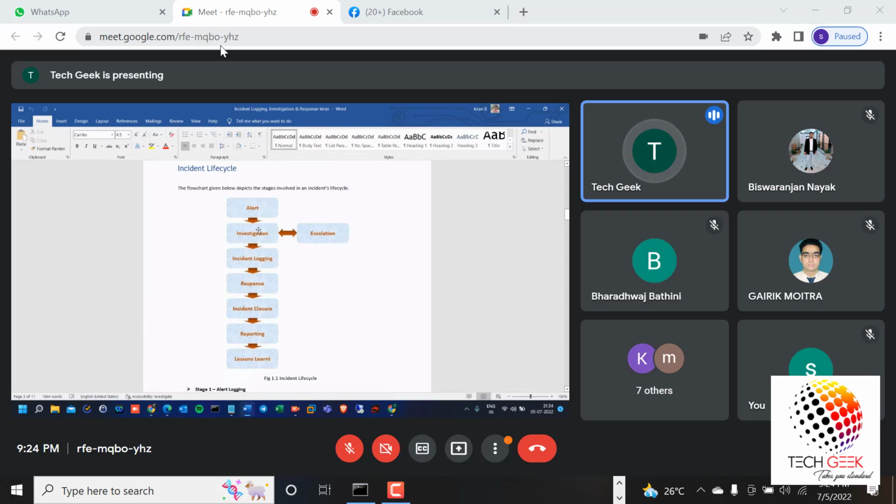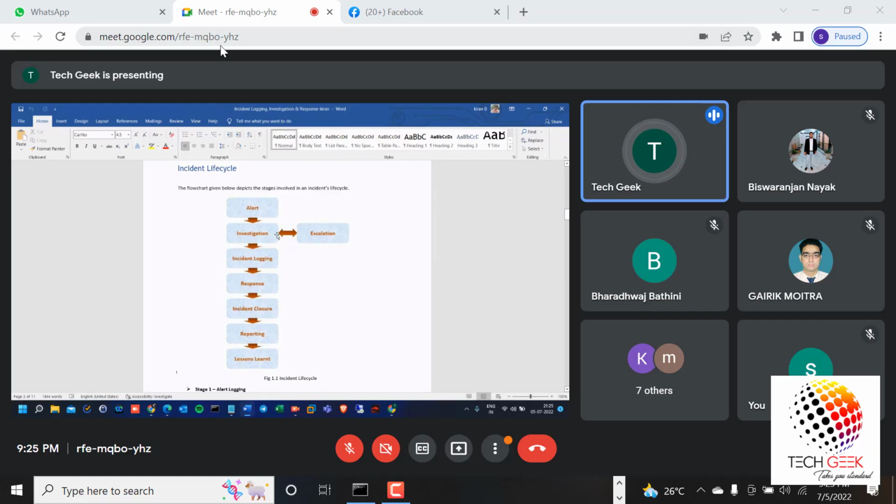So the second stage is investigation. As an L1 analyst, we need to decide whether this particular alert is a true positive or a false positive. If it is a true incident and suspicious activity happened, we need to inform the customer for remediation purposes. In that scenario, we call it a true positive. Whenever it's a true positive, we raise a ticket. Raising a ticket means informing the customer end or the senior person.